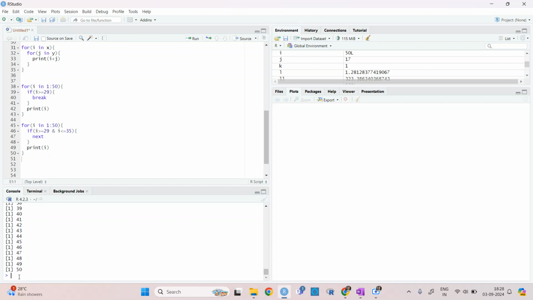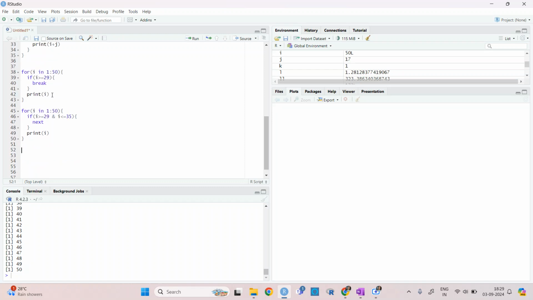So this way of for loop you can use. Let's say if you have some kind of missing data, or some kind of outliers in the data. Let's say you have 1 to 100, but you know that in 15 to 20 there are outliers, and for that particular I don't want to run this type of command, I want to do some different kind of analysis. At that point you can use next.